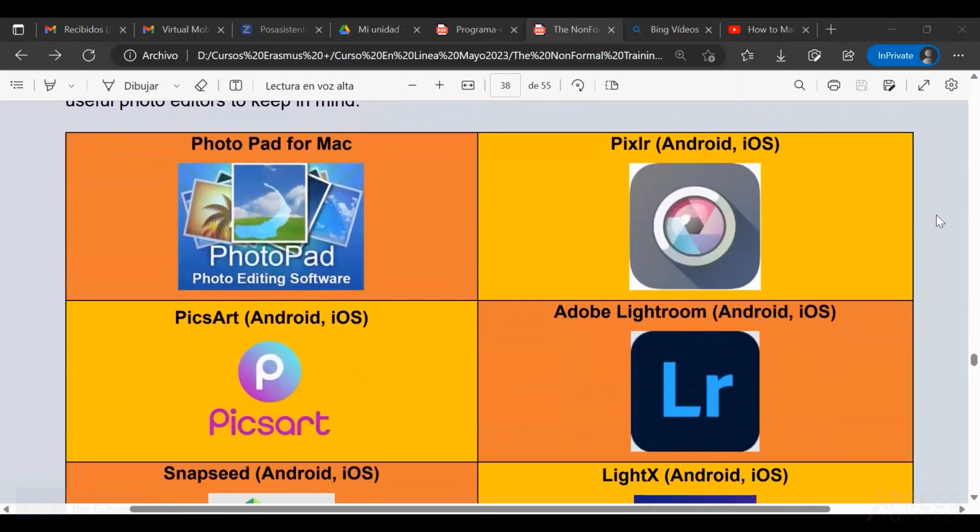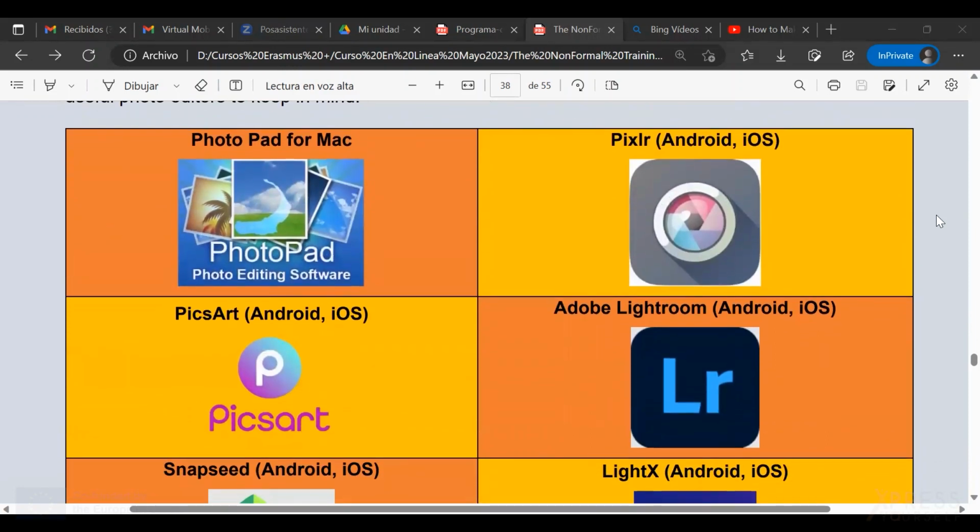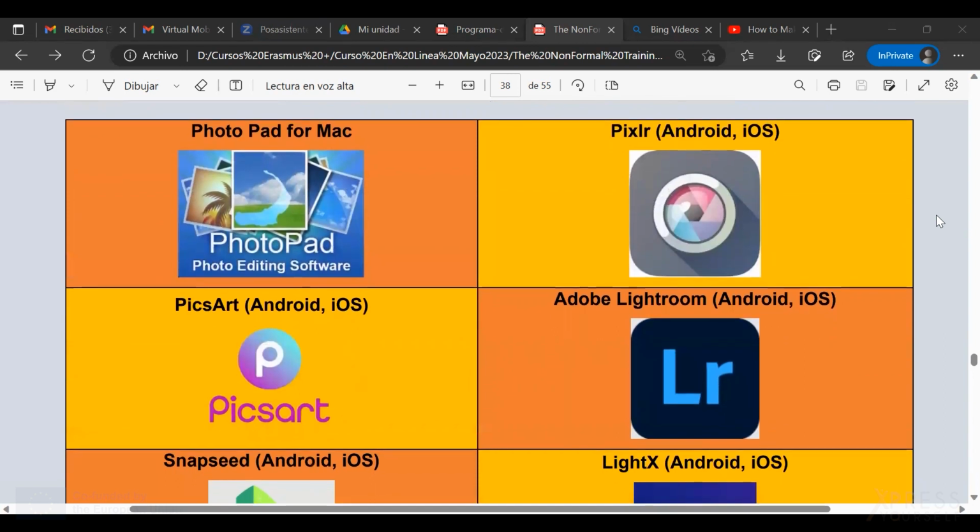Again, as we said the first day, you can go to Google Play or the store from Apple and download them for free. So they are, this one is Photopad, editing software for Mac.